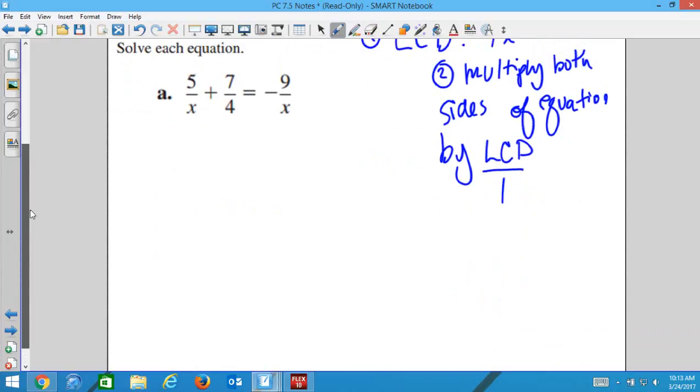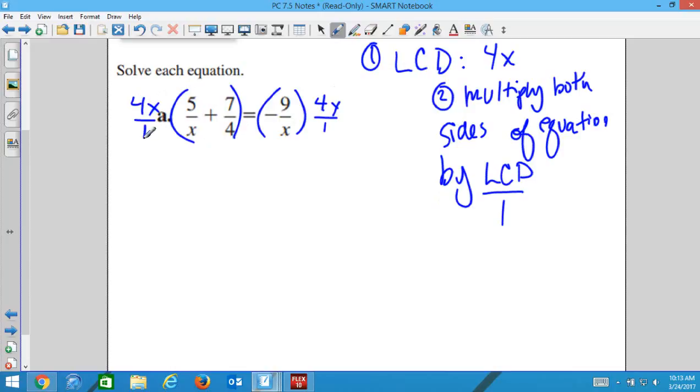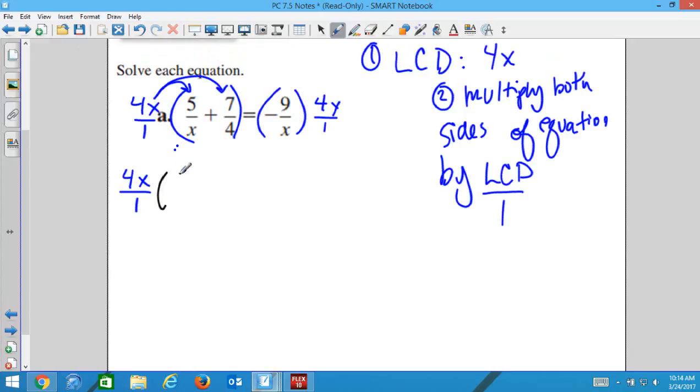So we found the LCD is 4x. We're going to take both sides of the equation and multiply by 4x over 1. But when we have addition or subtraction, that means I'm going to have to distribute this 4x. So what I'm actually going to write down is 4x over 1 multiplied by 5 over x, plus